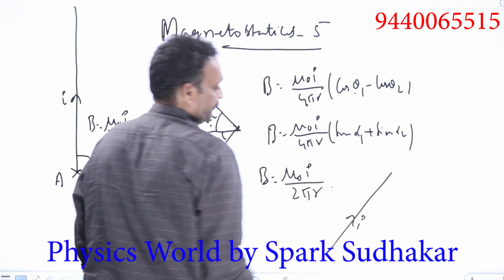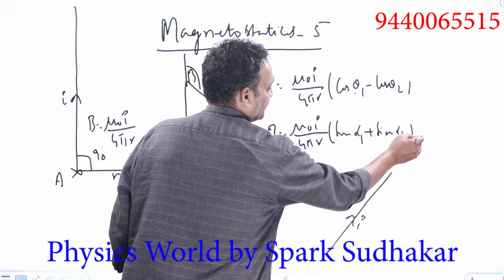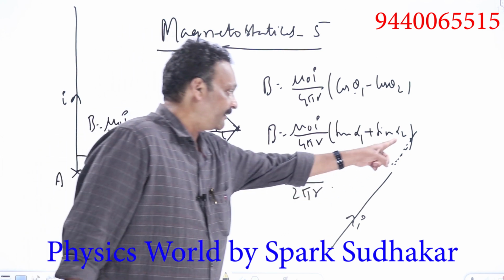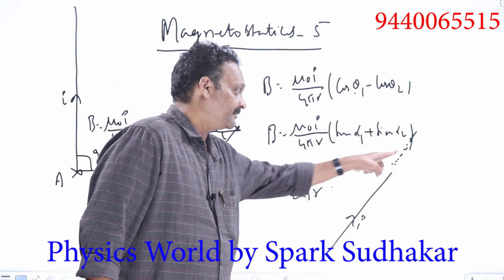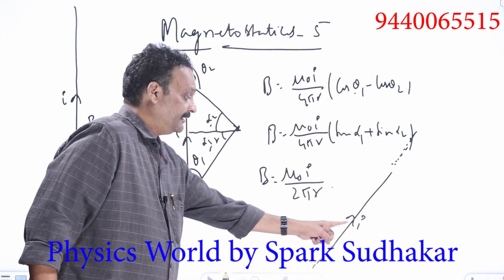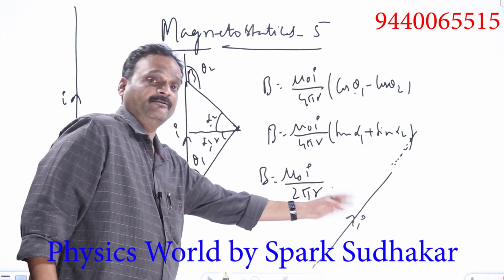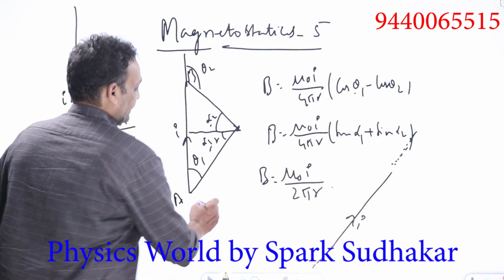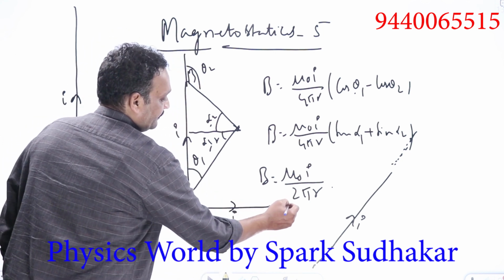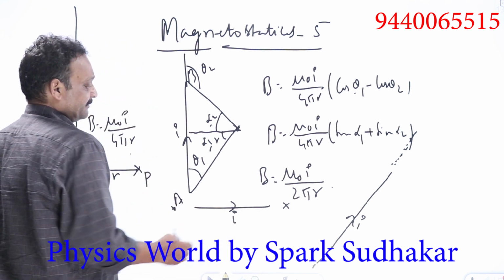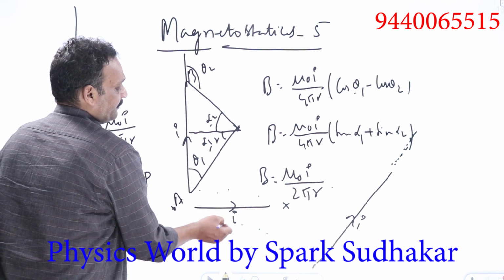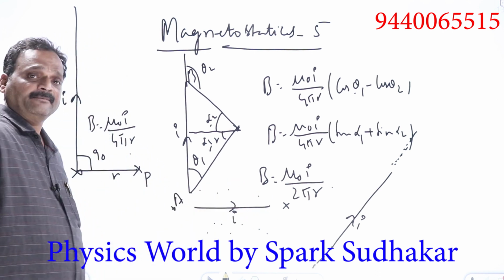Similarly, a current wire is like this. What is the magnetic field at a point in the direction of the current, at all points here? Theta equals 0 degrees, sine 0 is 0, so the magnetic field will be 0. Similarly, at the back of the wire, at all points here also, theta equals 180 degrees, so the magnetic field will be 0. Magnetic field will not be present here or here; it will be found only at these points, and its value depends on the length of the wire segments, etc.